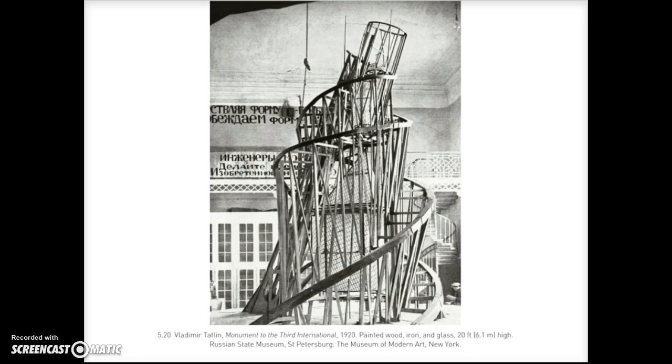So this piece here is sometimes referred to as Tatlin's Tower, and this is what he is most well known for. This was definitely something that really kickstarted the constructivist movement. This was not ever fully built, but it was meant to act as a conference space. It was supposed to be for the Communist Third International. It's supposed to be a propaganda center, and it's 1,300 feet. So at the time, this was extremely tall.